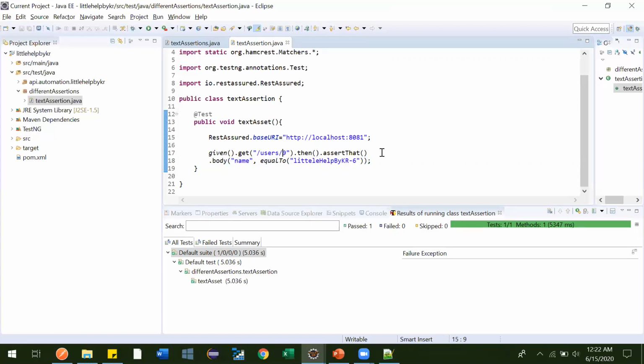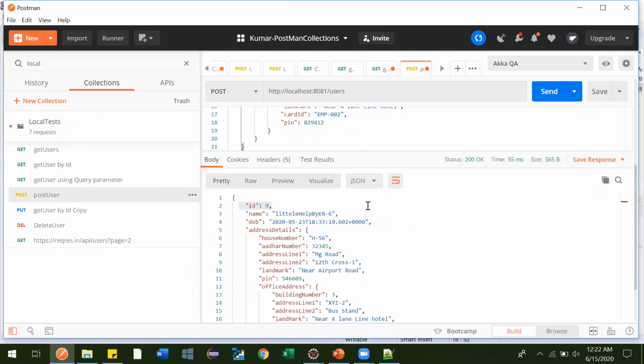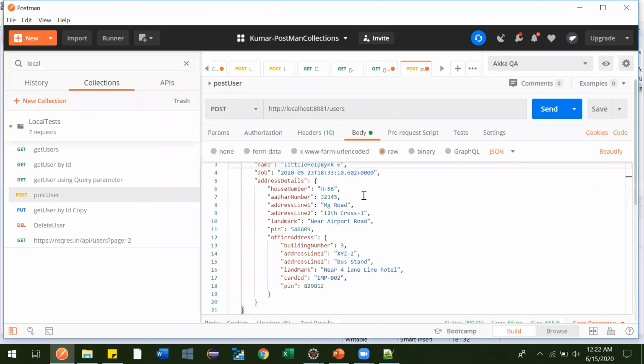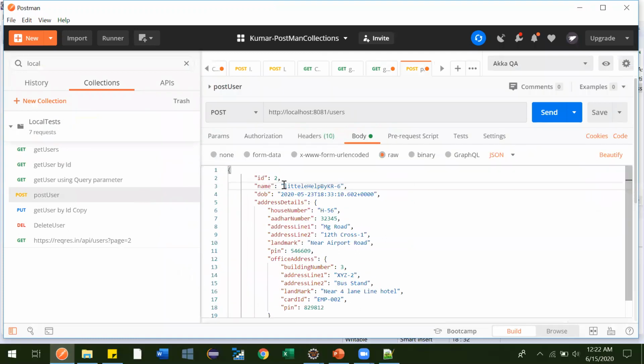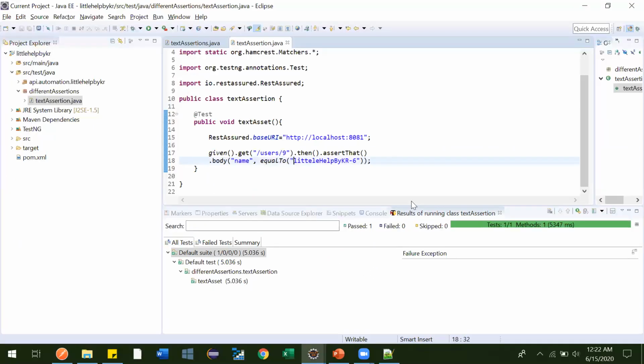When we were entering that in the post, what we provided was that the name should be this one. We know that for 9 we have added this, so after 9 gets added, the name should always be this. This is the assertion we are doing, and it passes.